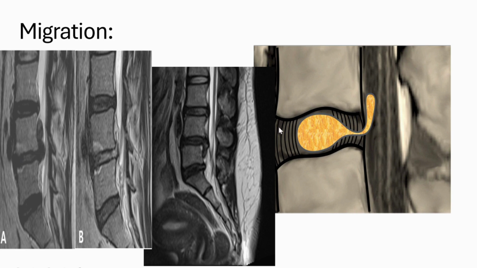As we can see in this representative image, this yellow color is herniated content migrated cranially within the epidural space, and we can see in this image there is migration of herniated content cranially within the epidural space, whereas in this second image, we can see the T2 weighted image showing disc herniation at L4-L5 with caudal migration of the herniated content. So this is the non-contained type, and migration can lead to spinal canal stenosis. I think this can also mimic an epidural mass.